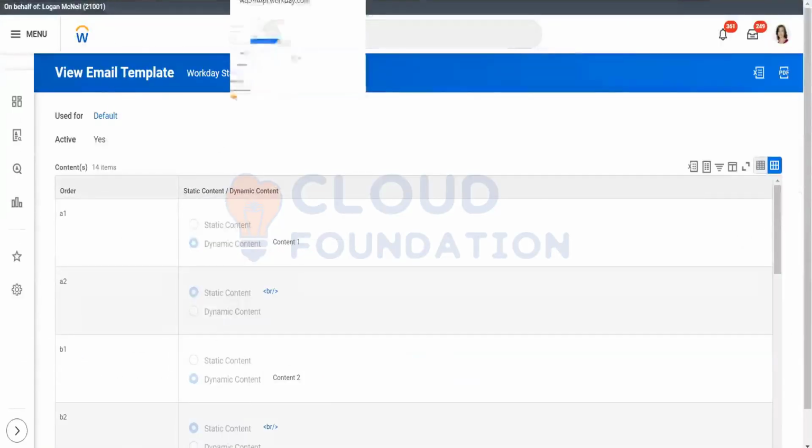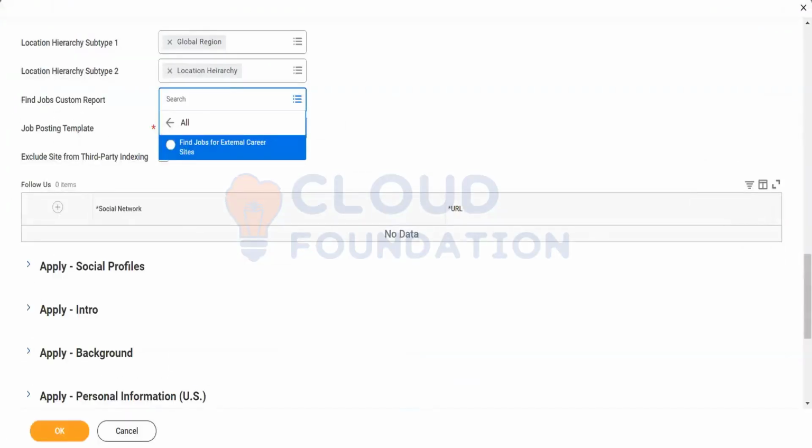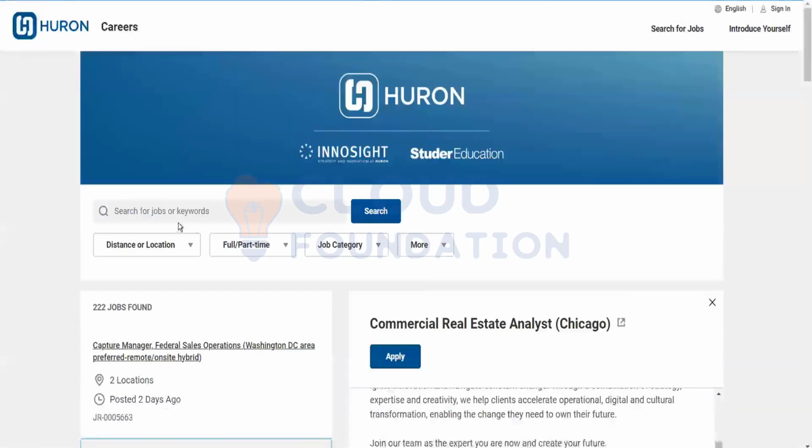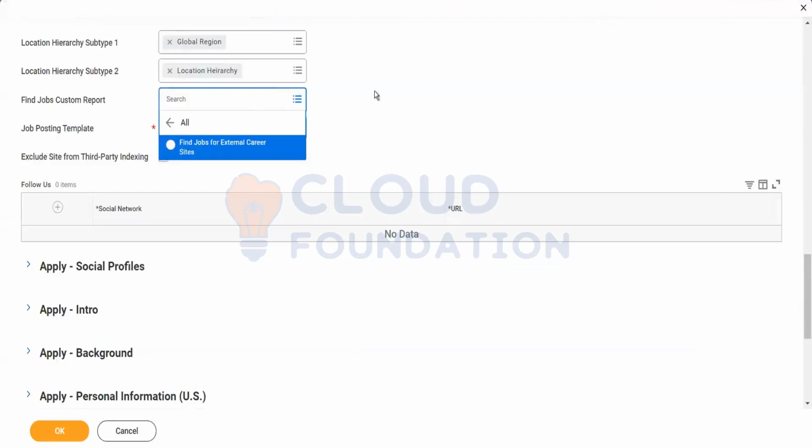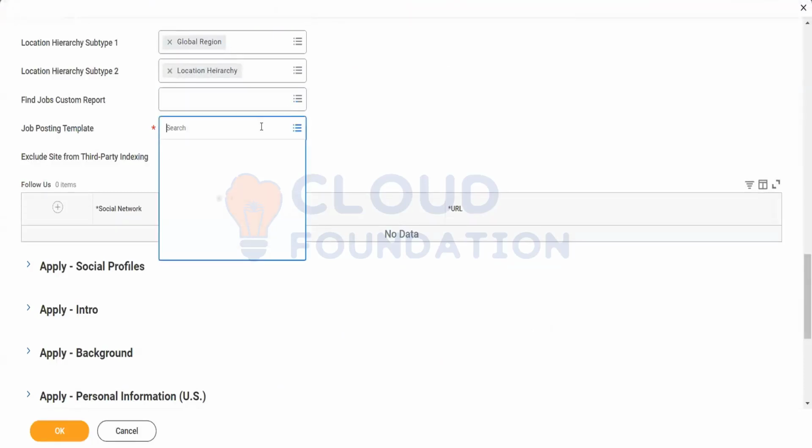So what is the significance of the Find Job custom report? It gives us these filters, and also it gives the details over here, like what all details for the job would be given in a summarized way. The JR code, when it was posted, with the location and anything else. Then comes the job posting template. So if I click on it,